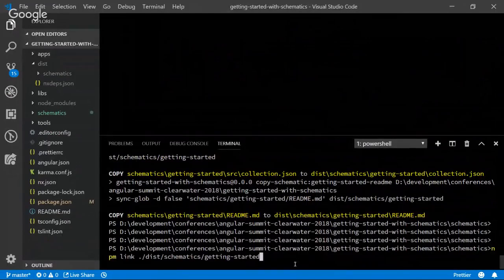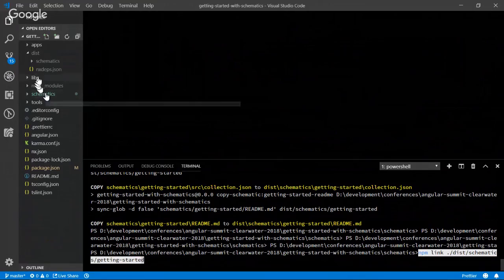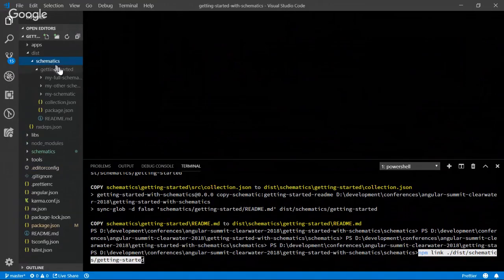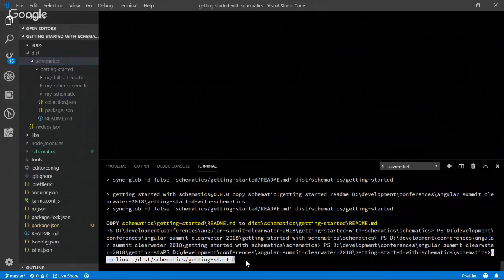So what we're going to do is use this command here. It's npm link. And basically what we're doing is just targeting the folder getting started in our distribution schematics location here. What this is going to do is link this